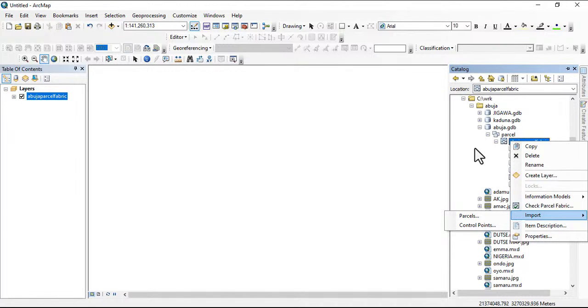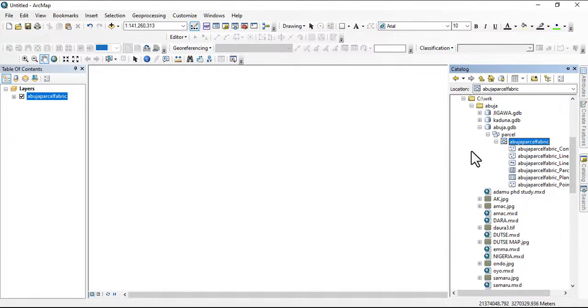So before we go further to know more on what this parcel fabric does, we will also recreate this on ArcGIS Pro so that we will see how similar and how dissimilar they are anyhow, but we will be doing that together gradually. So thank you for